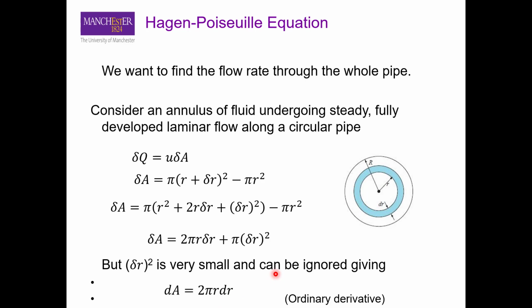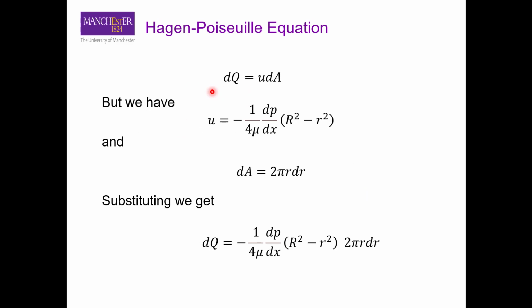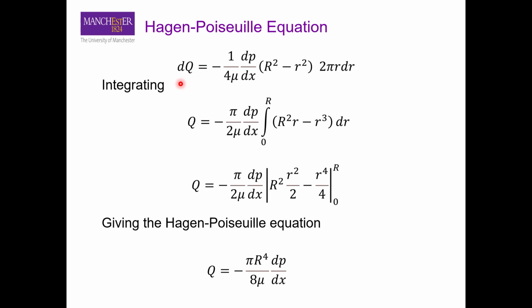Okay, so we have the differential area. We can feed it into this equation. We know the velocity from our previous calculation, that u is given by this relation here. We have dA from the last slide. So if you just feed in the values, you get the expression for dq, and it means that we need to integrate on both sides. So if you do the integration, the integral of dq is Q, and we integrate it from 0 to R, because we have to consider the whole radius of the channel,